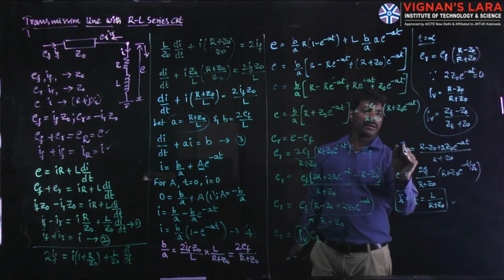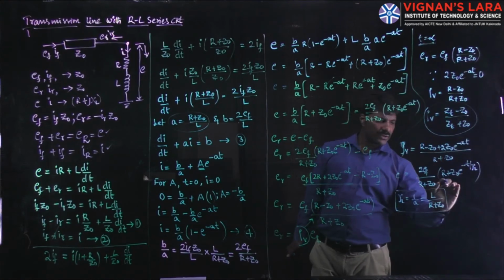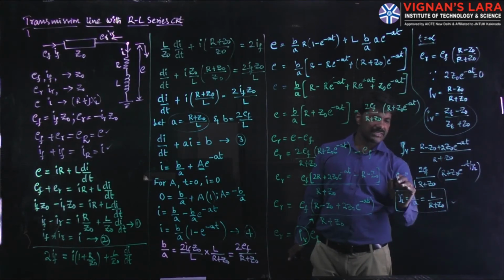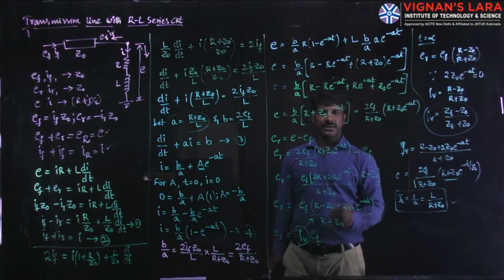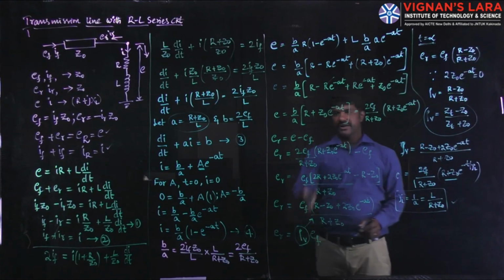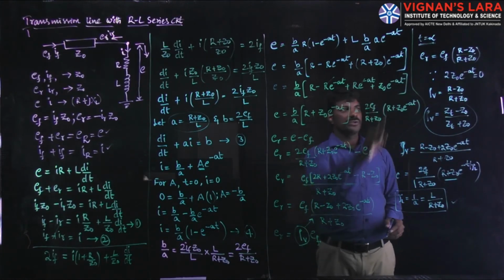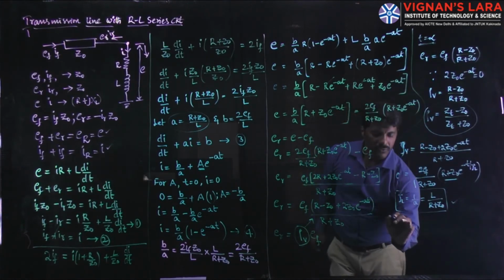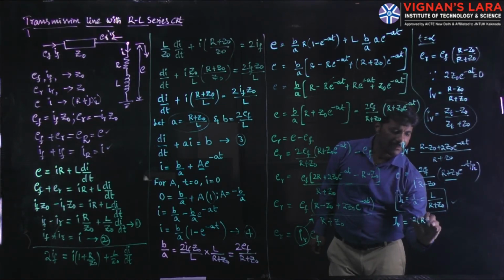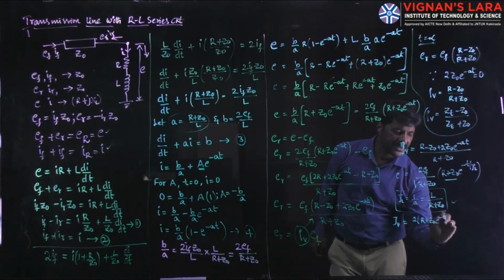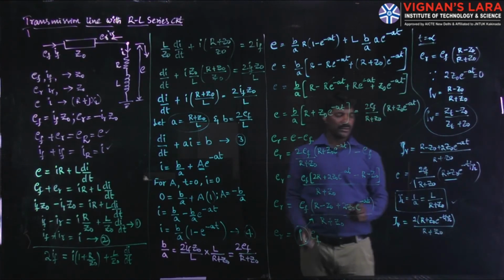This is rho v, and this value is tau v, because E in terms of EF we got it, means resultant in terms of incident. So simplifying that and subtracting from EF, we got reflected value. This is about the reflected coefficient. So finally, we can write the tau v as 2 into r plus z naught e to the power minus t by tau L divided by r plus z naught. This is tau v.